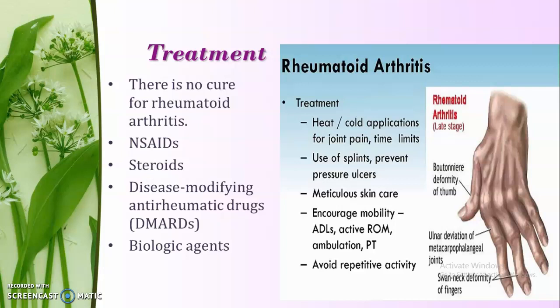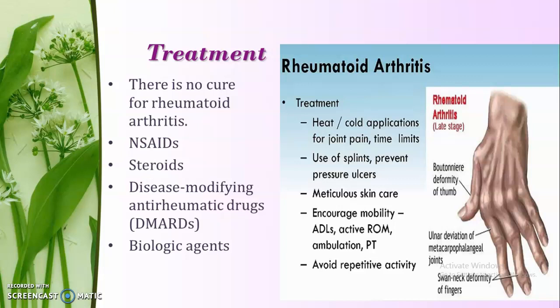In medications, many drugs are used to treat rheumatoid arthritis, but they have serious side effects. So typically, doctors prescribe medications with the fewest side effects first. NSAIDs, non-steroidal anti-inflammatory drugs, can relieve pain and reduce inflammation. Over-the-counter NSAIDs include ibuprofen and naproxen sodium. Stronger NSAIDs are available by prescription. Side effects may include ringing in your ears, stomach irritation, heart problems, liver and kidney damage.